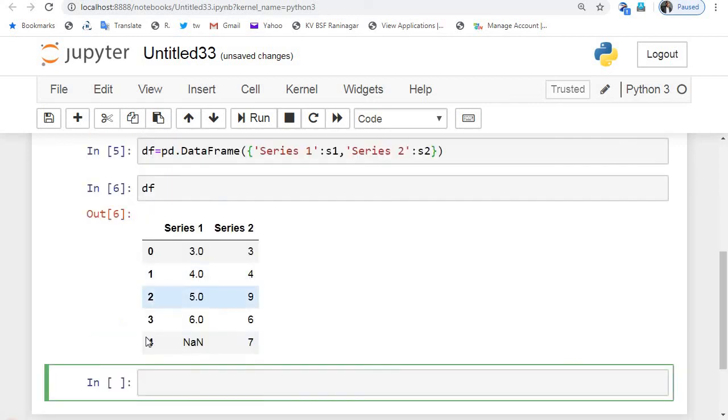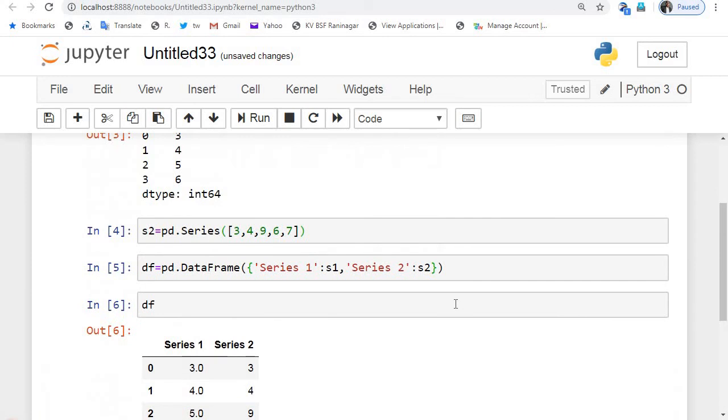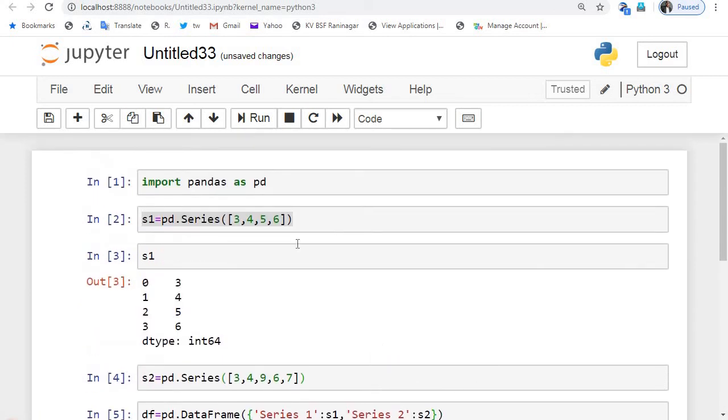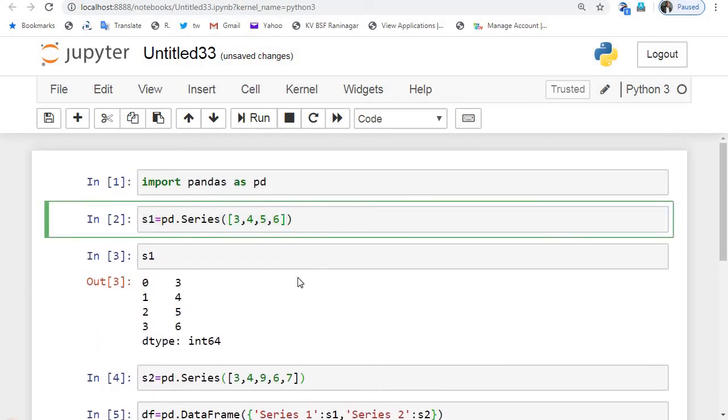You can give your own labels to the rows, and for that purpose you will have to use an index for each row.